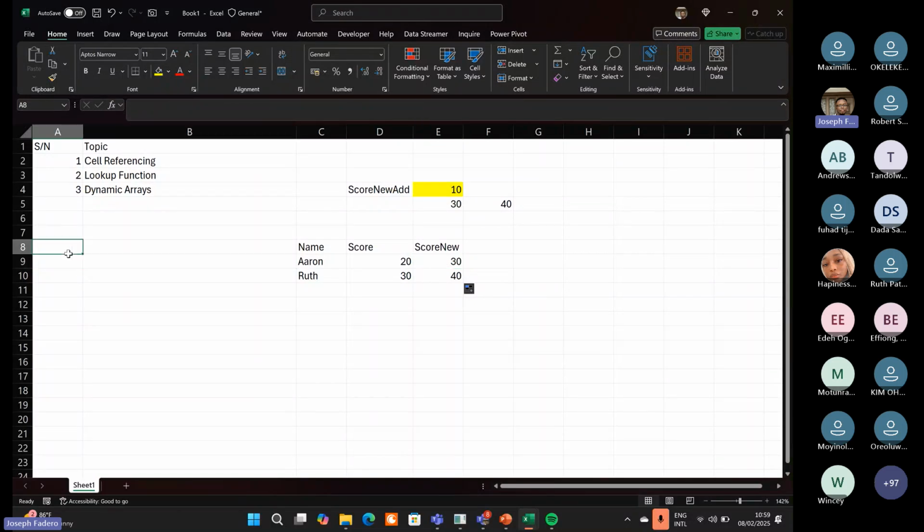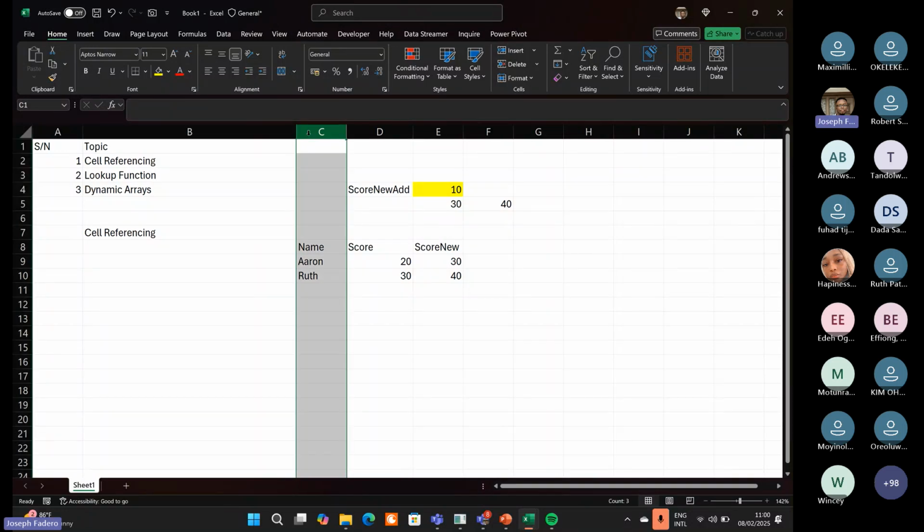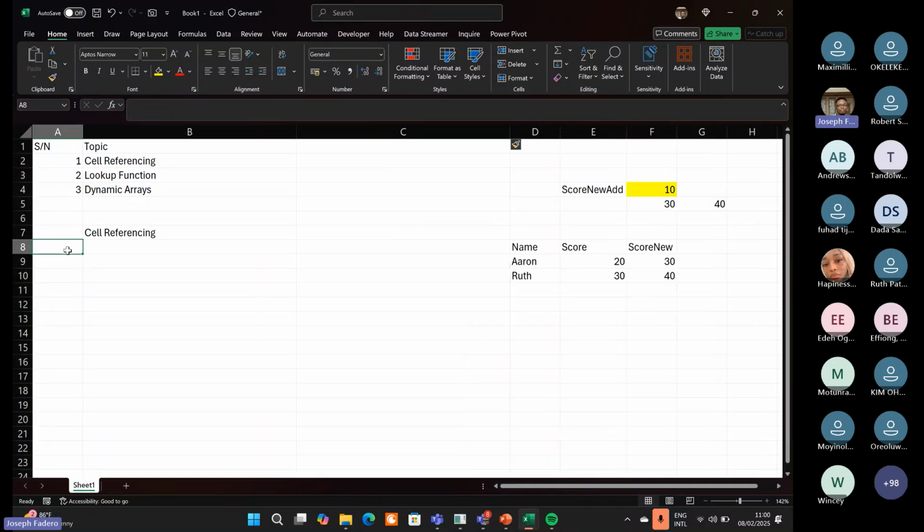Now, in a lot of places, you will see there are three, or you see there are four types of cell reference. If you see there are three, they are correct. If you see they break it down into four, they are still most likely correct. It's ideally three, but three that can be broken down into four types of cell references that we have. I'm just going to type it here. The person that said I should go over it again, please pay attention. So we have the first one, which is called